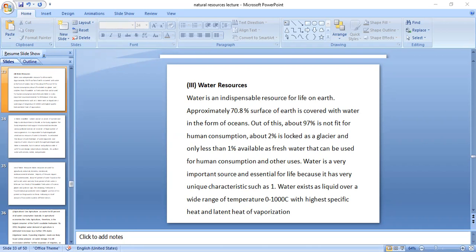And we have studied how we do the over exploitation of water and what is the reason behind water scarcity. And we have studied various kinds of national, international, and interstate disputes which arise due to this natural resource, water, and the role of government in solving these disputes.